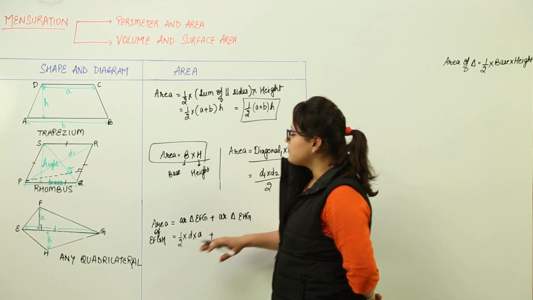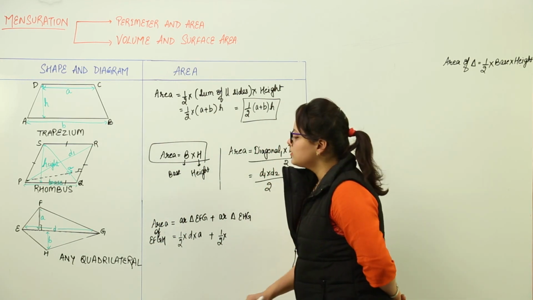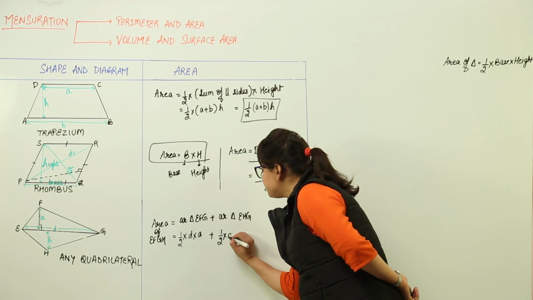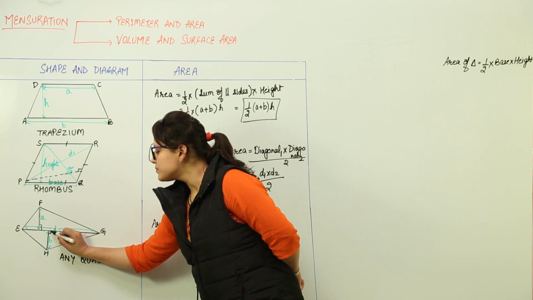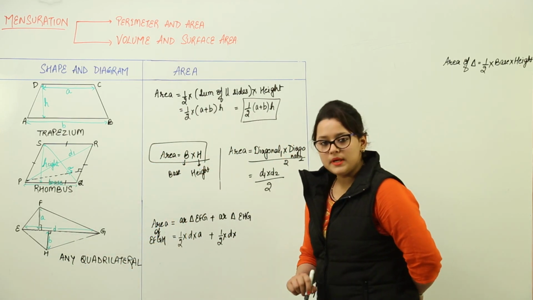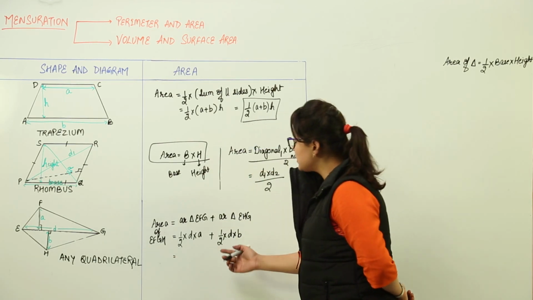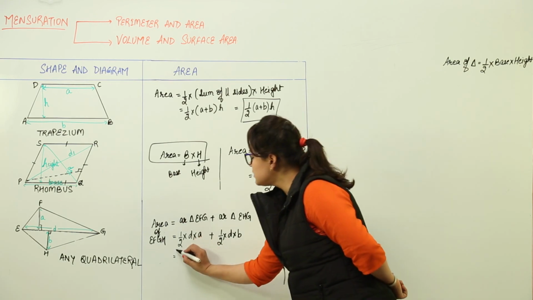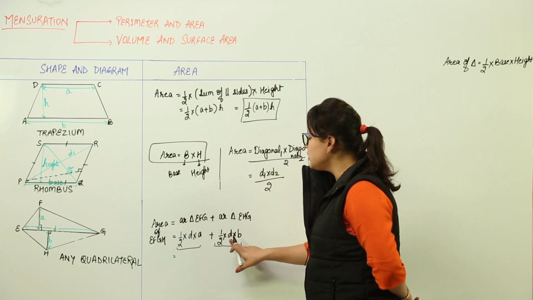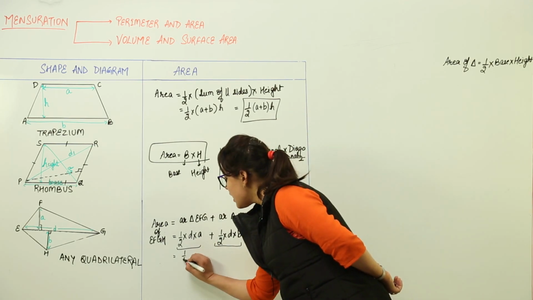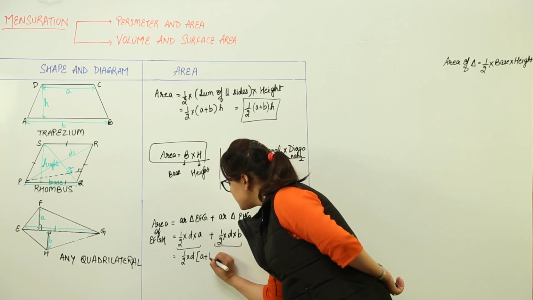Plus similarly we will find out the area of this triangle, that is going to be half base into height. Now the base is going to remain the same, that is D, and height for this triangle is going to be the perpendicular from the opposite vertex, which has the measurement B in this case. So I'll write B over here. Now if you want, you can check on your own that both the terms over here have something common in them, and that is half into D common to both. So we take out half into D common, we are left with A plus B.